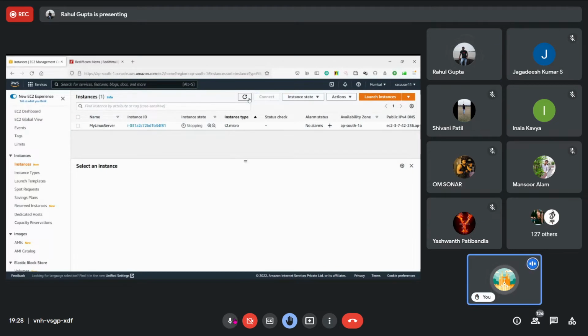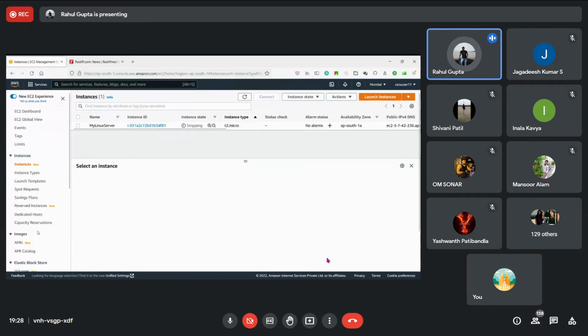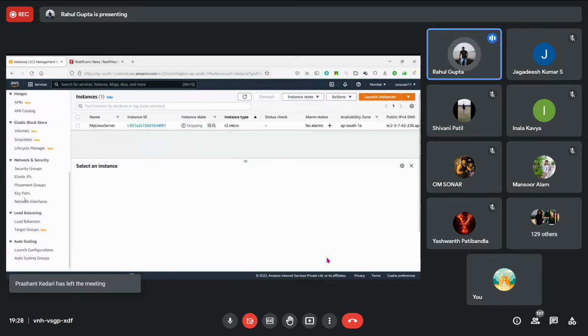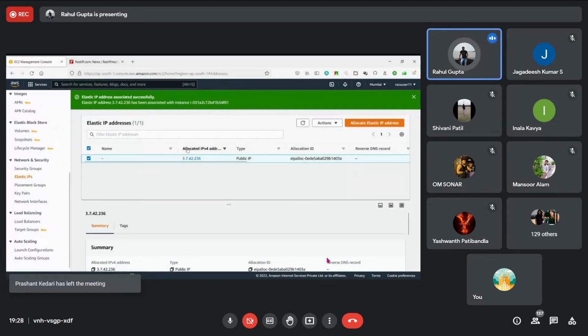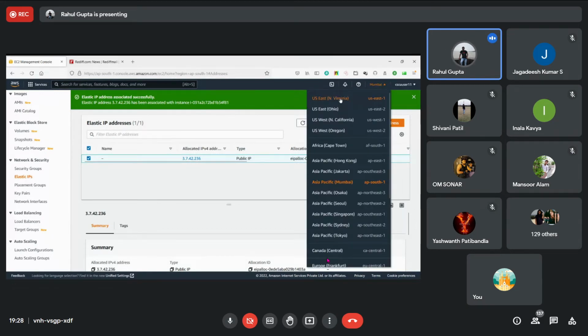Sir, I have one question. Yeah, please. Sir, you said Elastic IP is for a region only. Region specific, right. So the IP address belonging to the same Elastic IP will be shown in the same region only. Right now I'm in the Mumbai region. So if I've allocated the IP in the Mumbai region, then when I click on Elastic IP, it shows over here. If I change the region, if I make it North Virginia,